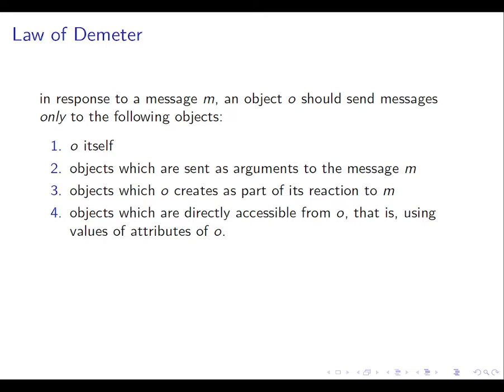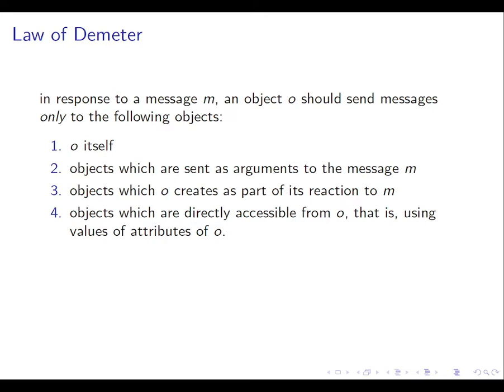And this at first sight is rather a strange thing. It lays down conditions under which it is okay for an object to send messages to another object as part of its response to a message. Okay, so this is constraining you if you are writing the method M within the class of an object O. What we're saying is, when you want to send messages to invoke methods within your implementation of method M, it is fine to send a message to the object itself, to this.